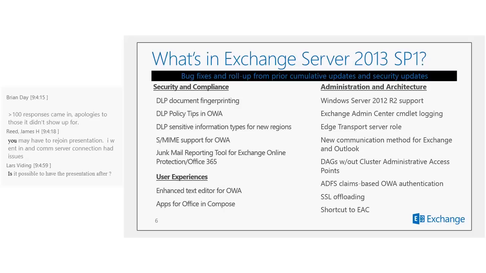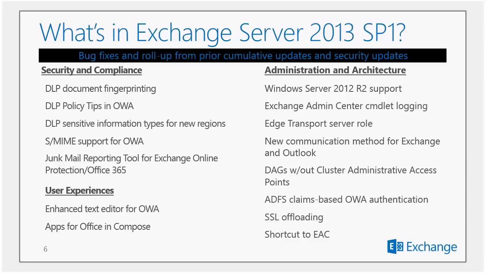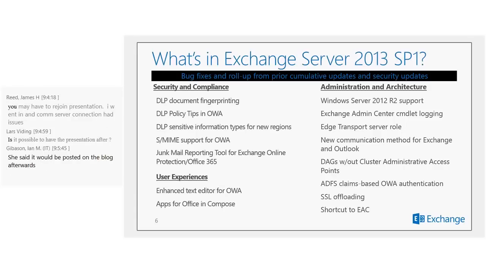First and foremost is security and compliance. There are quite a few investments that we just talked about and disclosed this week, around document or data loss prevention. The first one here is document fingerprinting, the ability to control content that's leaving the organization, having better ways to discover that. I'm not going to go through this list, but this gives you the high-level view